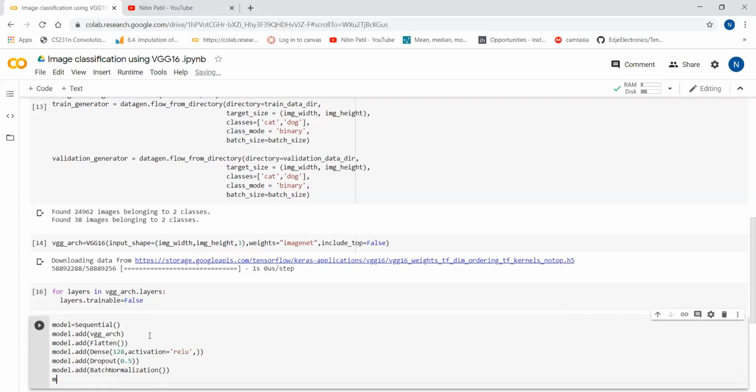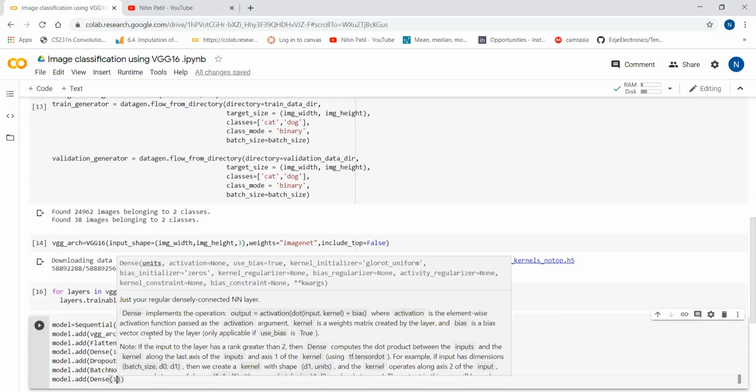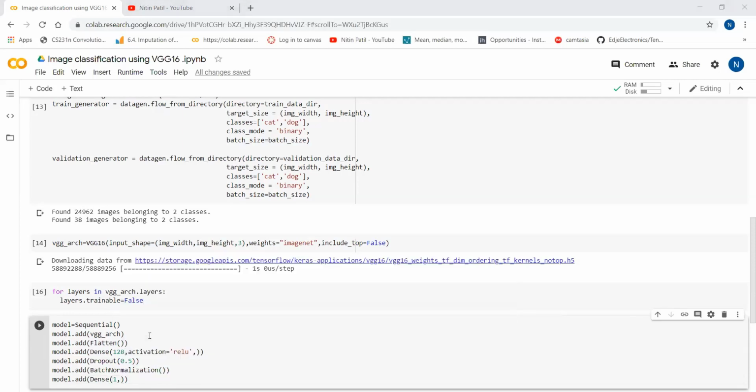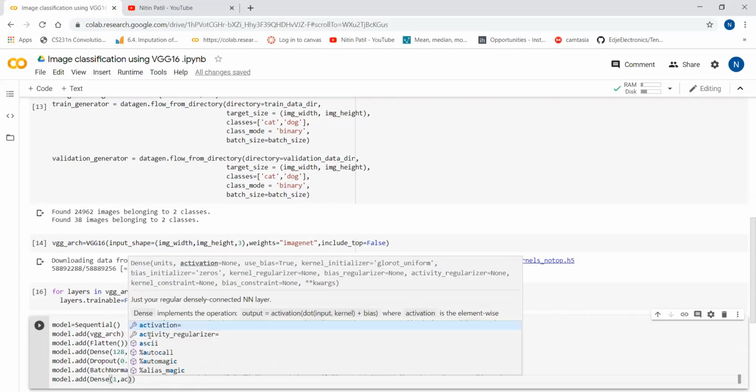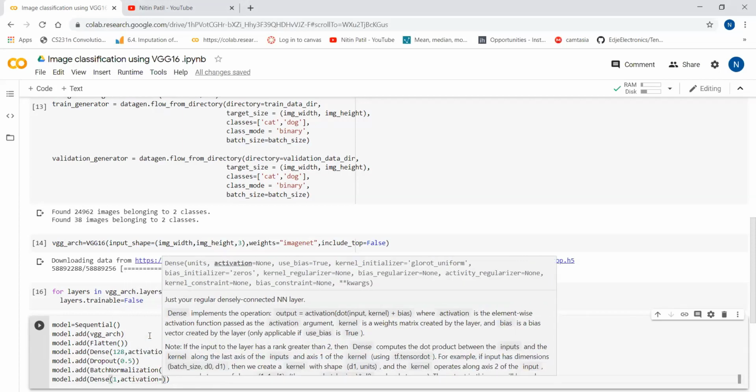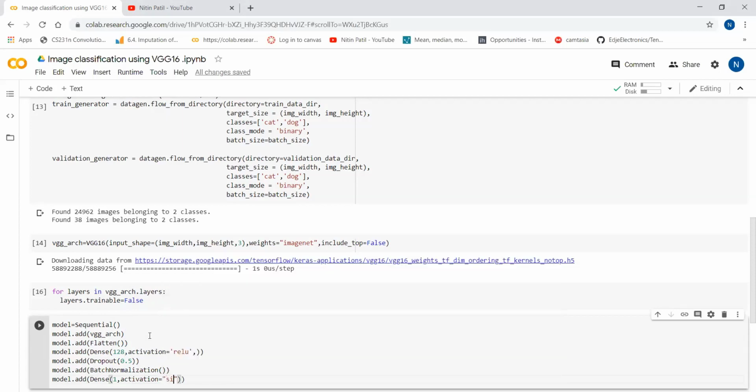So model dot add dense layer, and we have a binary class classification problem. We have only cat and dog images, so I need only one unit, and the activation function, as I already told, is sigmoid.